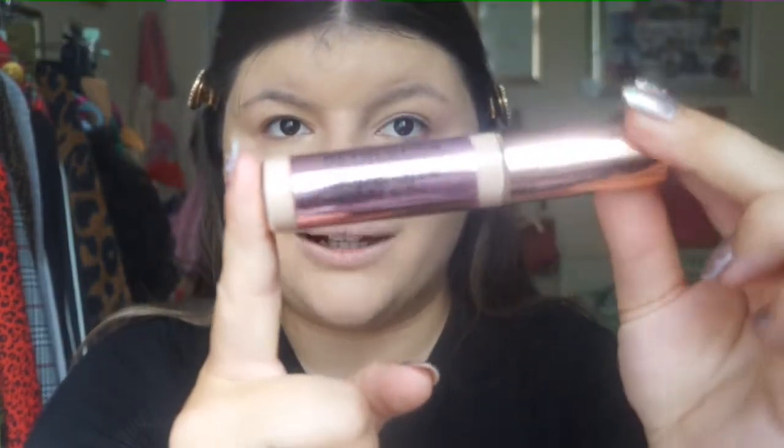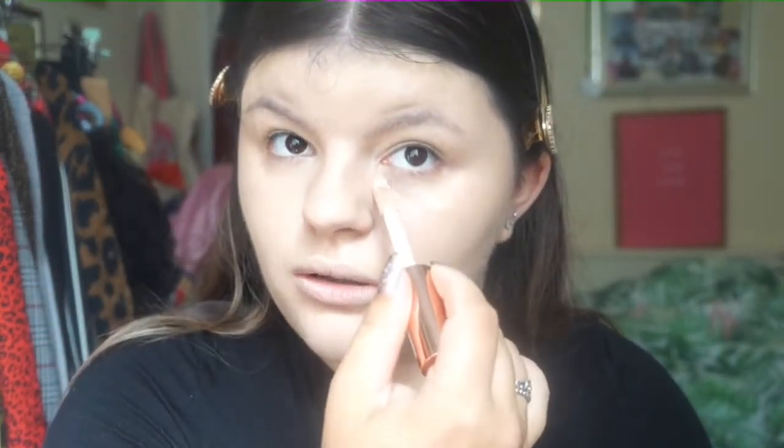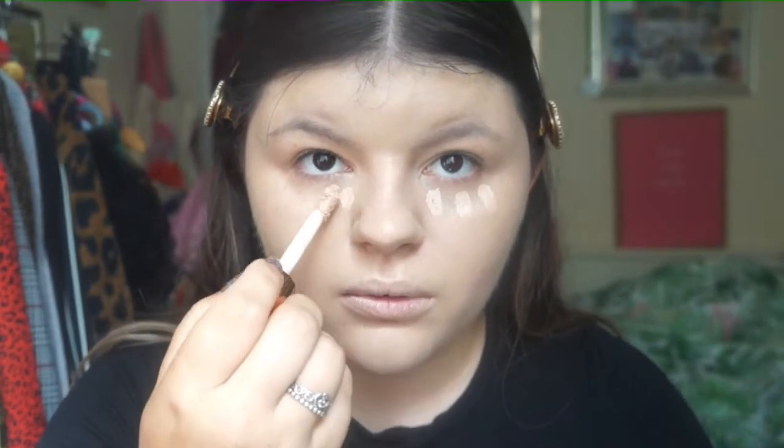From there I'm going to go in with concealer. So of course I'm going to use my trusty Conceal and Define from Makeup Revolution. This is the best concealer I've ever used in my entire life, and it only cost me $7. So, as this is more every day, I don't want to go too crazy, so I'm literally going to do 1, 2, 3, and I'm going to repeat it on the other side. 1, 2, 3, and of course I'm going to do my chin,